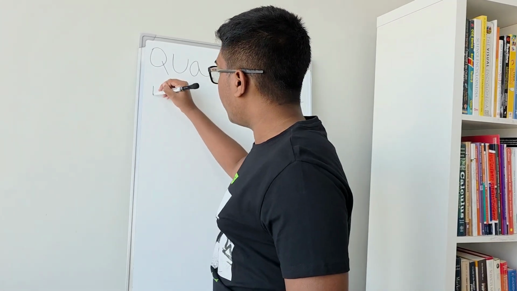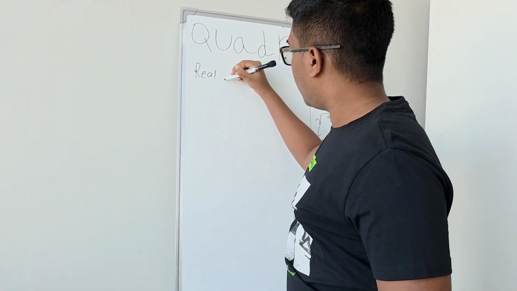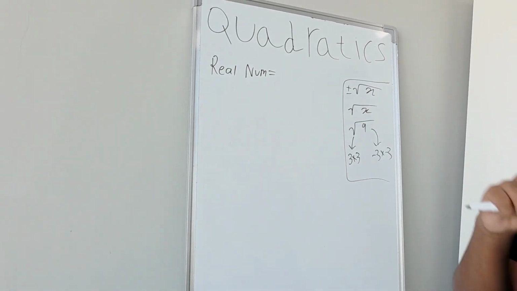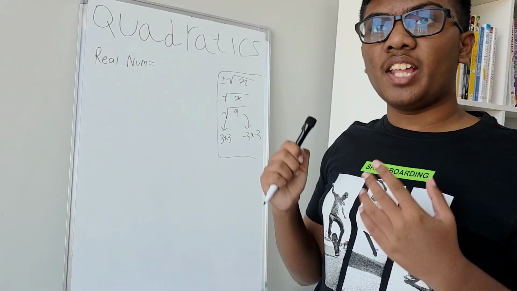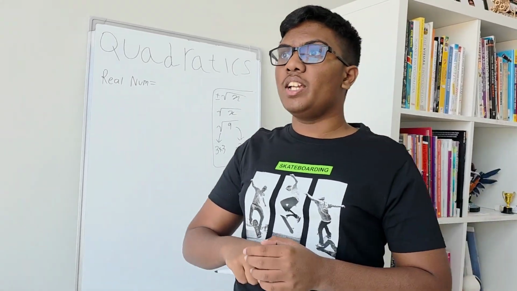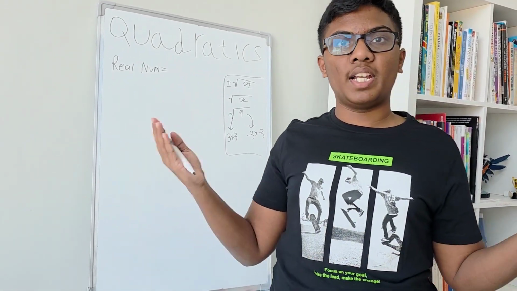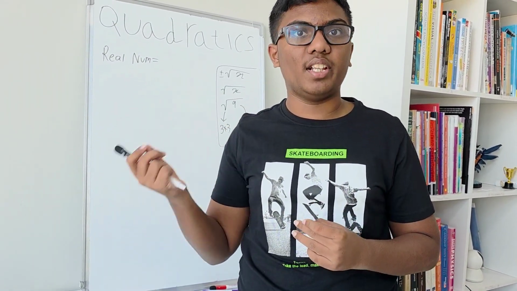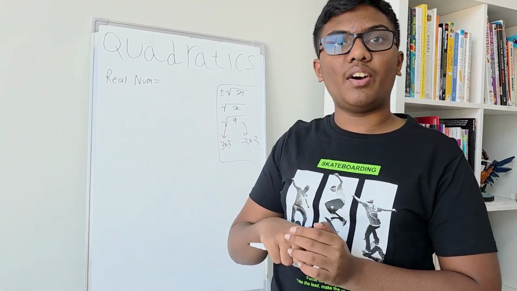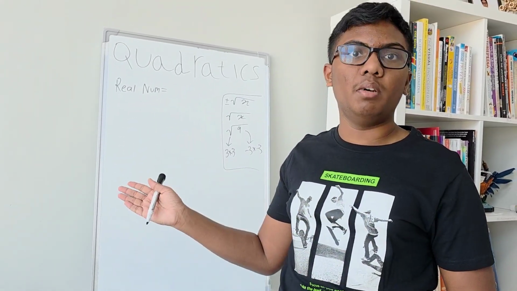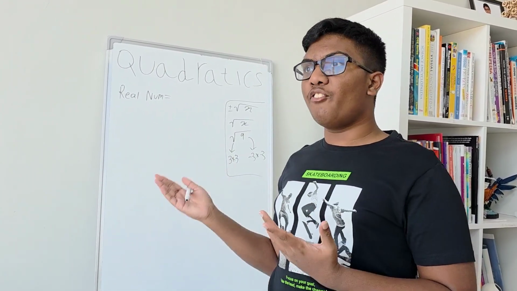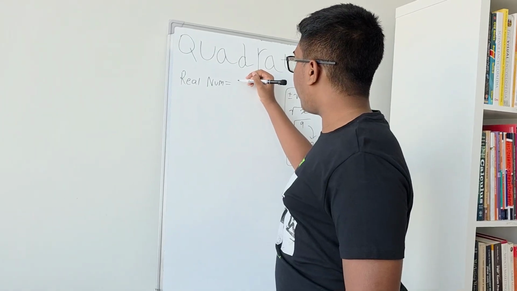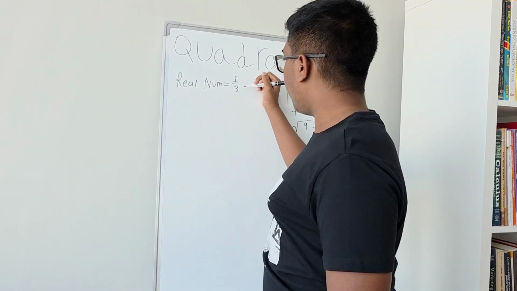Real numbers are every whole number, every decimal number, every irrational number in existence that can be represented or written down in some way. They have a definite value and we can plot them on a number line if we use something that's big enough. For example, we can take 1 over 2, 1 over 3,